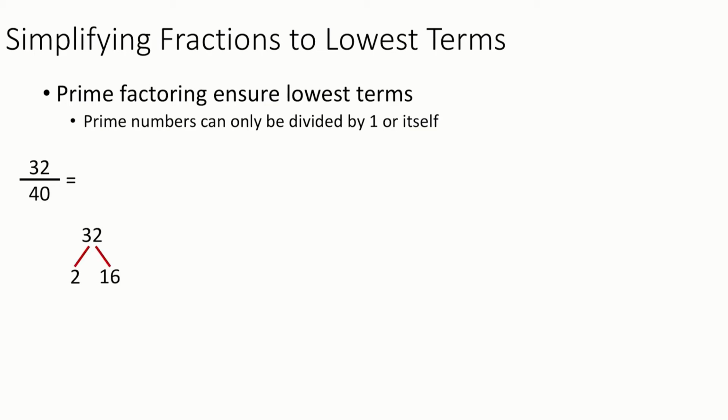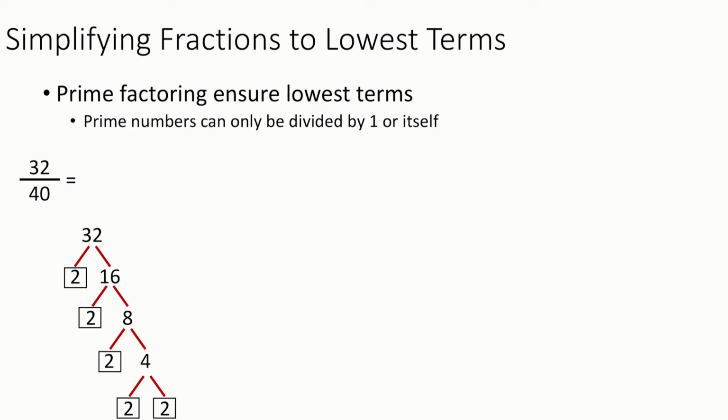If we divide by 2, that leaves us with 16. So we push the 2 aside for a minute and concentrate on the 16, and we divide by another prime number. In this case, we can do 2 again. If we divide the 16 by 2, we get 2 and an 8. Again, we push the 2 off to the side and keep going with the 8. If we divide 8 by 2, we get 4. And continuing on, we divide 4 by 2 to get another 2.